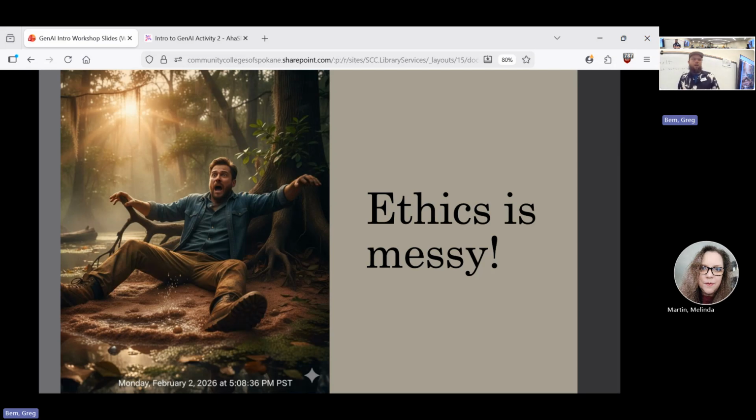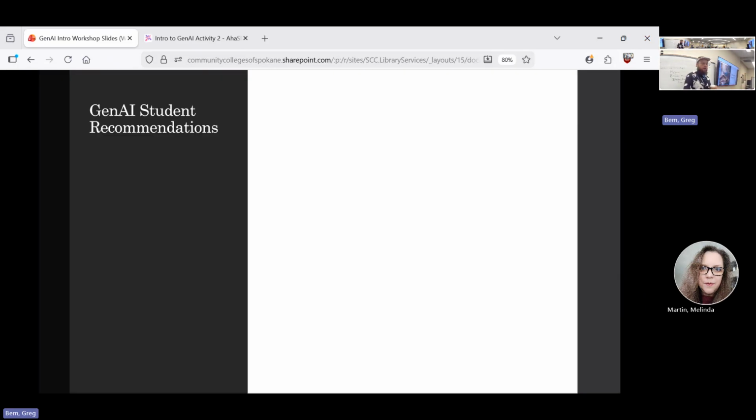Yes, here's my favorite image in this whole presentation. Ethics is messy. So as we're going forward, as you continue to be here as a student at the college and out in all the other contexts in your life, remember that it's messy. We are also learning. You can think about having your own sense of what is right and wrong now. Every step of the way, there's room for reflection and thinking about what the people around you, the structures around you believe or permit. So food for thought as you go about the rest of your day and into the rest of your lives. Thank you all for being here.